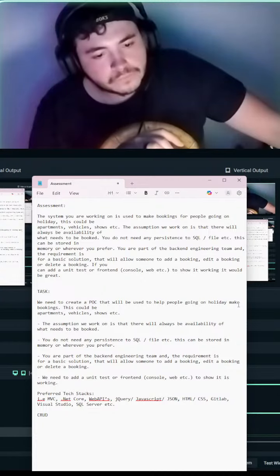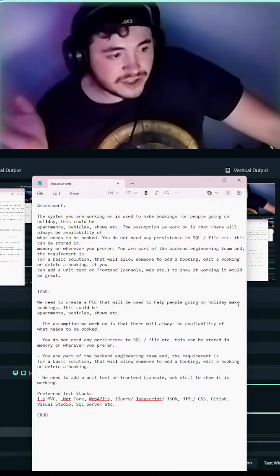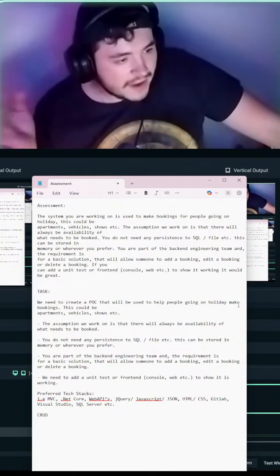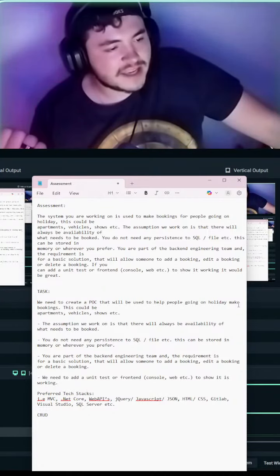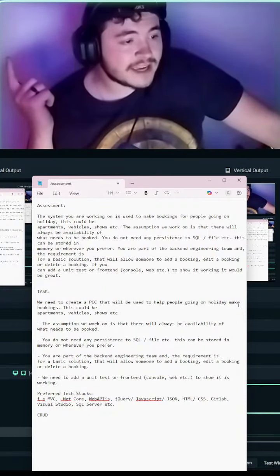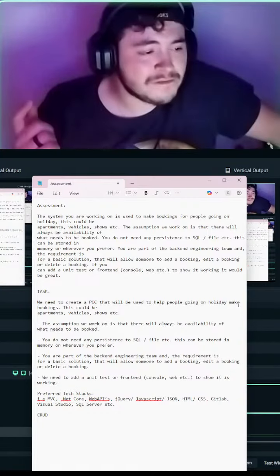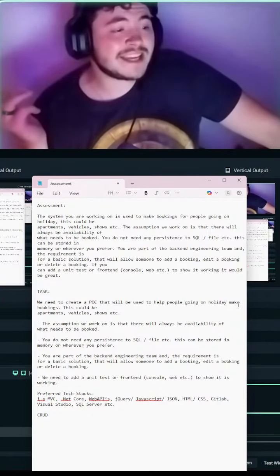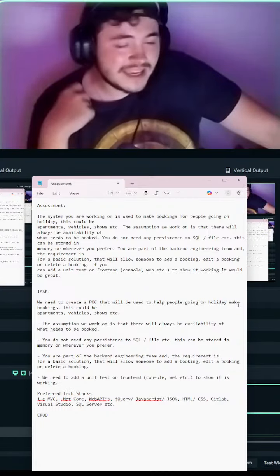So, what is CRUD? Well, when you have a database, you need a way to interact with that database as a programmer, and we call that CRUD. When you create something in a database, we are adding something to the database. When we are reading something from a database, we're saying, hey, database, I need something from you. Can I have it? That is reading. Updating a database implies that, hey, I already have something in you, right?